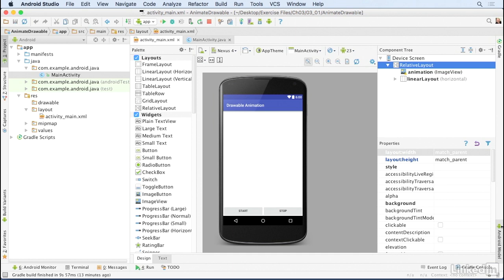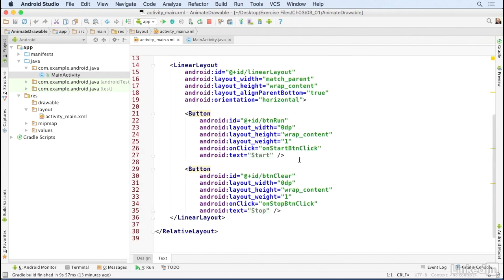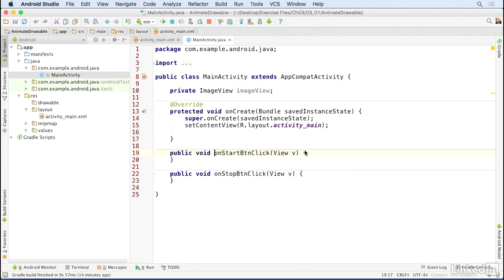In this project named Animate Drawable, I have a simple application with two buttons labeled Start and Stop. In the XML layout file, the buttons are defined down here, and they each have an on-click event handler, pointing to a method in my main activity class. I'll jump to those methods and show that the activity class is very simple, just the usual onCreate method and